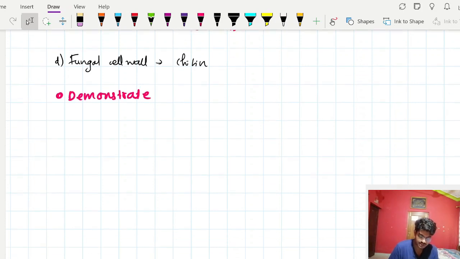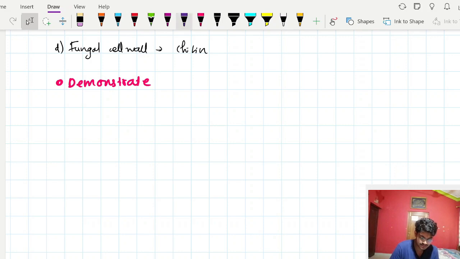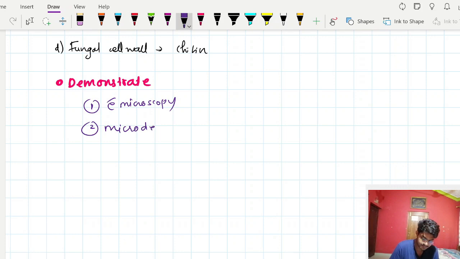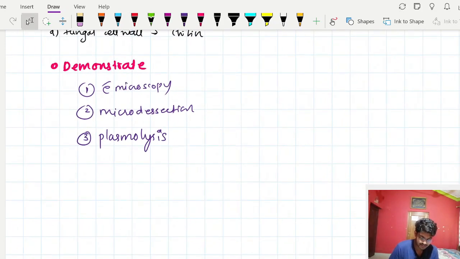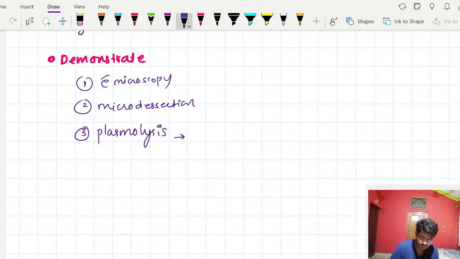The cell wall is demonstrated mainly by three methods. The first method is electron microscopy. We can see the cell wall in electron microscopy. Then there is microdissection, and the third method is plasmolysis. Plasmolysis is when we keep bacteria in hypertonic saline. We already know what that means, no? When we keep them in